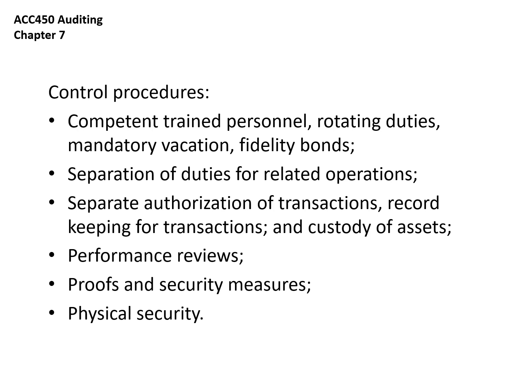So control procedures, this should be something that you've certainly talked about and seen in the past. One is having competent trained personnel. That's important. Having a written procedure manual for all jobs within the accounting department is critical, because you can't really hold people responsible for doing their job right if you don't clearly tell them what that is. Making sure that you have rotating duties and/or mandatory vacation so that you have different people sitting at the desk doing the job. Just that mere fact is going to lessen the chance that somebody's going to do something inappropriate.